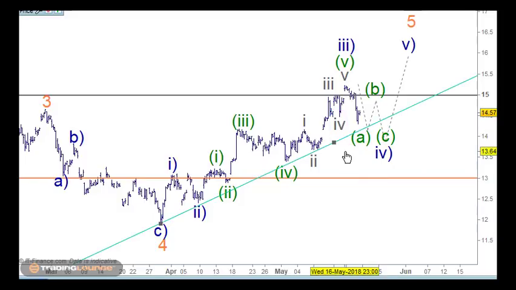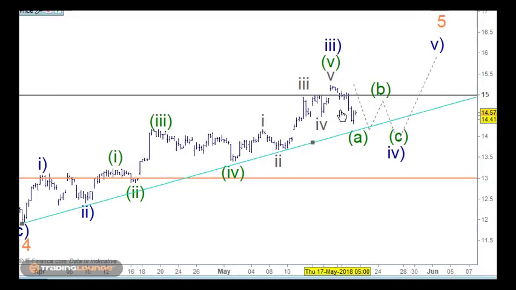Now wave 4 so far, and this will be the same with the other stocks, the move down through here is only in 3 waves so far. So let's see if we first of all get 5 waves. The 5 waves would be this rally as a wave 4, which may go a tad higher and then down here. Then that would leave us with 5 waves. If we get the 5 waves, then we'll get an ABC correction for wave B, and then we'll get another 5 legs down for wave C here.